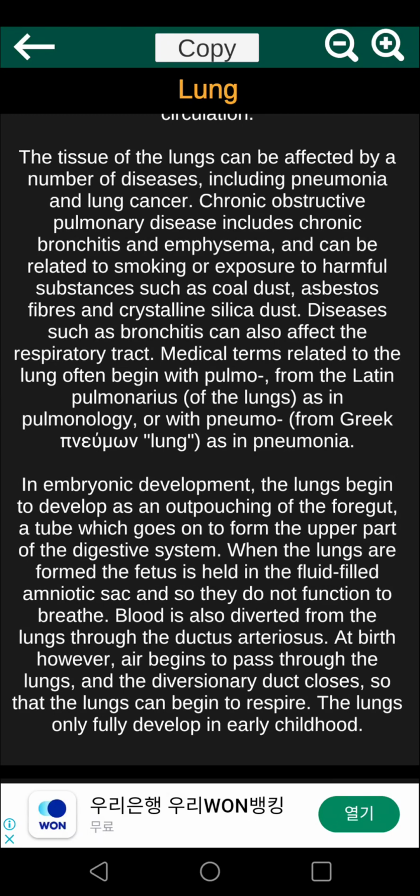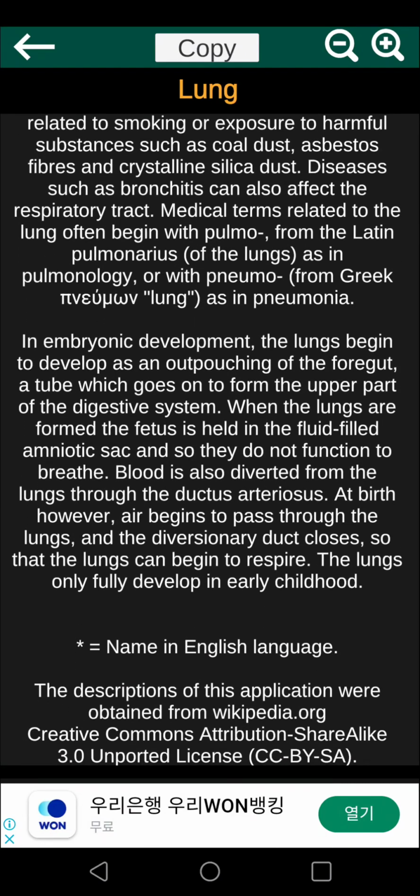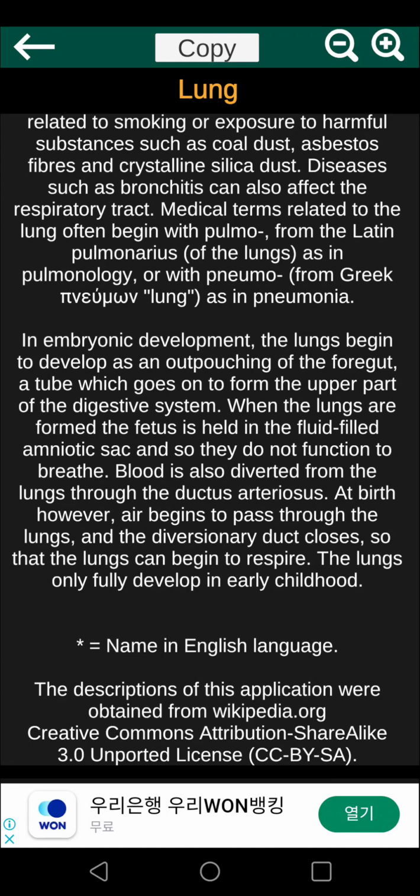Chronic obstructive pulmonary disease includes chronic bronchitis and emphysema, and can be related to smoking or exposure to harmful substances such as coal dust, asbestos fibers, and crystalline silica dust. Diseases such as bronchitis can also affect